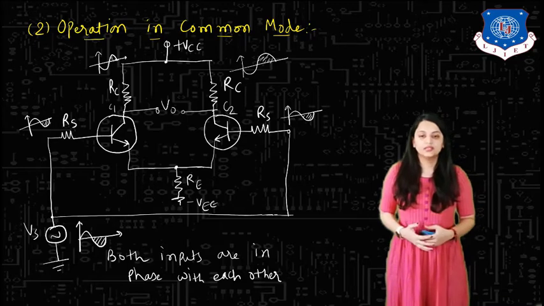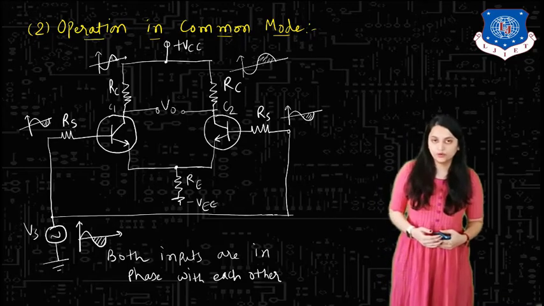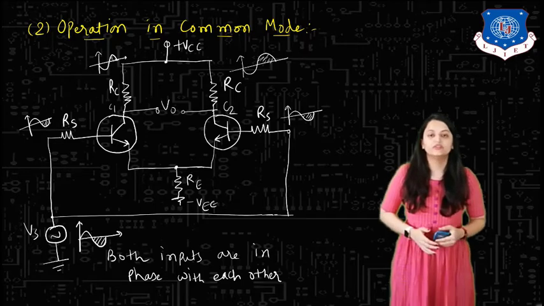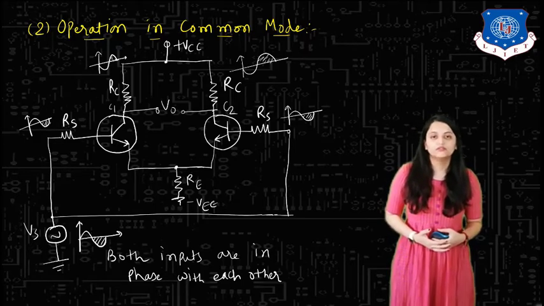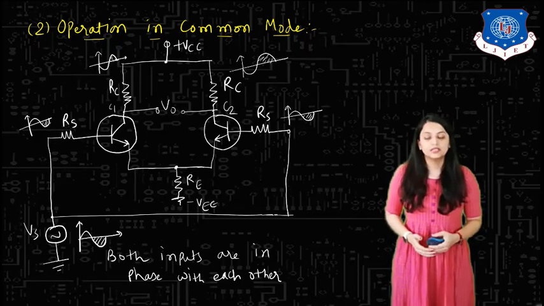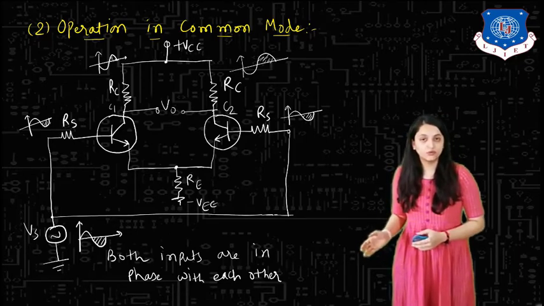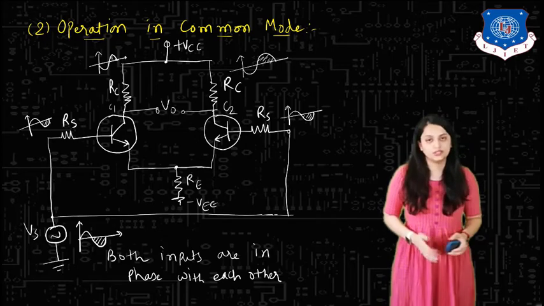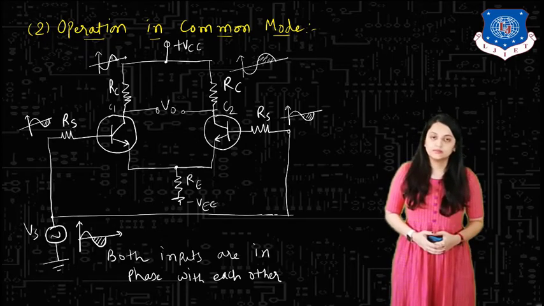Okay, so here in this operation in common mode, we will not have the output 0. Instead, we will have double the output compared to the input. So remember why the operation in differential mode has 0 output and why the common mode operation has a non-zero output. Okay.